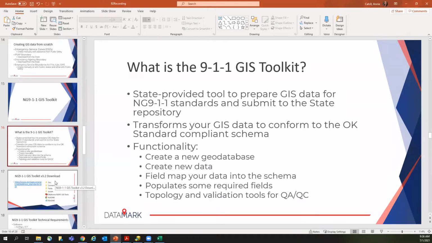All right. They're all going to be standards compliant. So it's going to transform your data to meet the Oklahoma standards. And there's a lot of different tools. So I want to level set the conversation before we actually go into this to help you to understand that